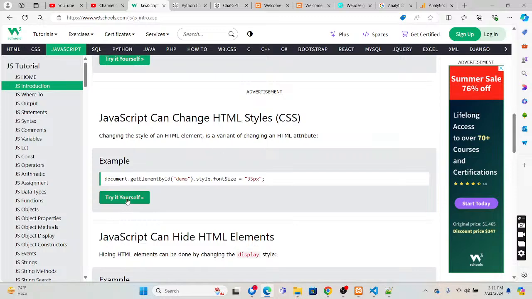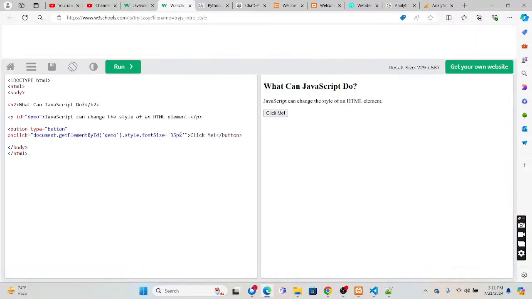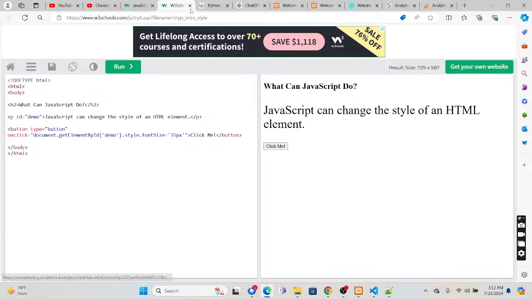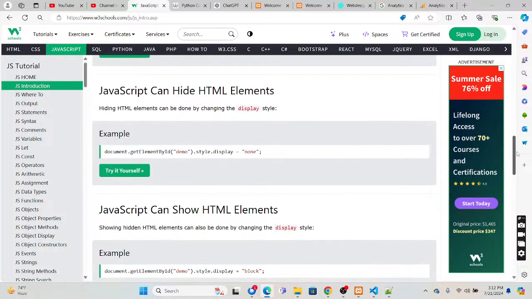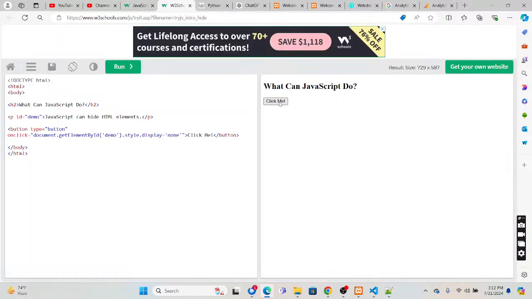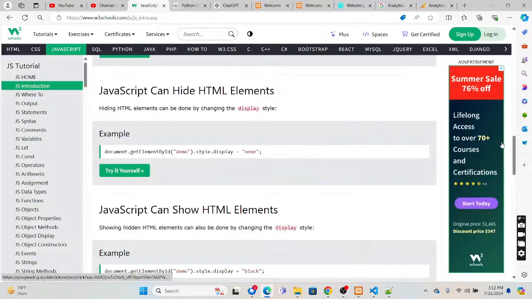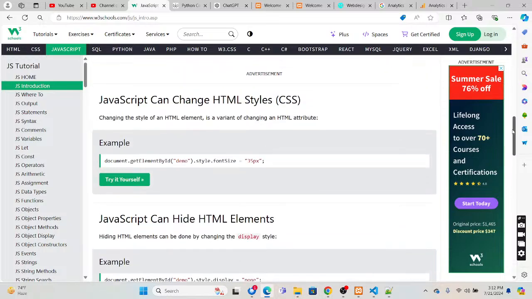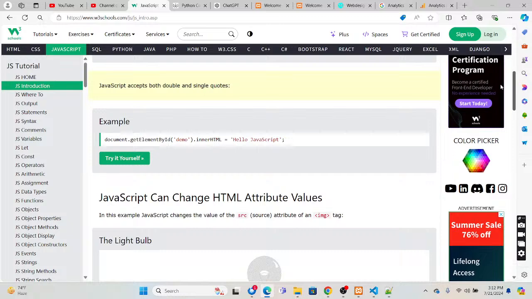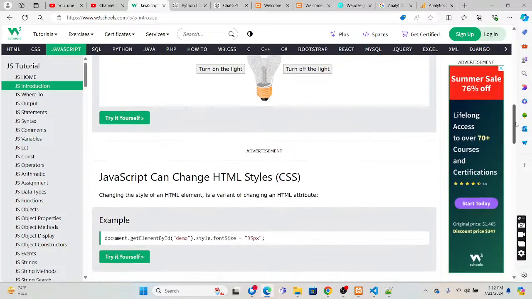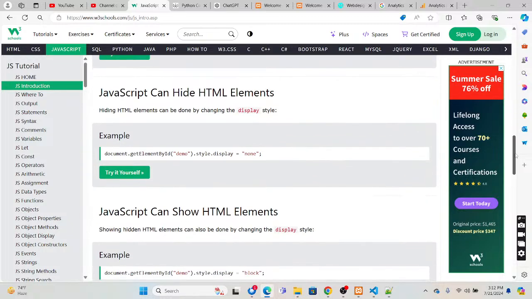And we can also change the style dynamically. Click it, and the font will change. You change it and automatically it will reflect. You can hide an element also. If you want, you can hide an element. So all these things you can do with this. Get element, demo.style.display. innerHTML is for the content, and style is to change the style.